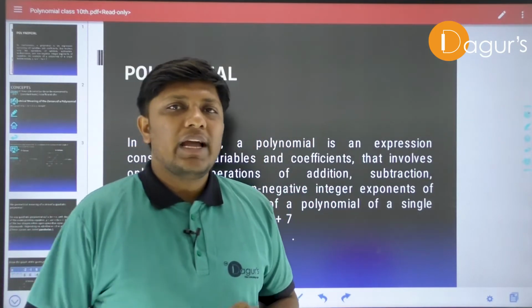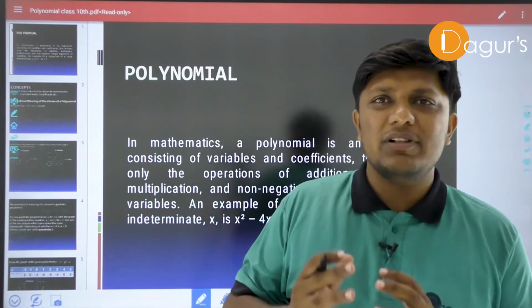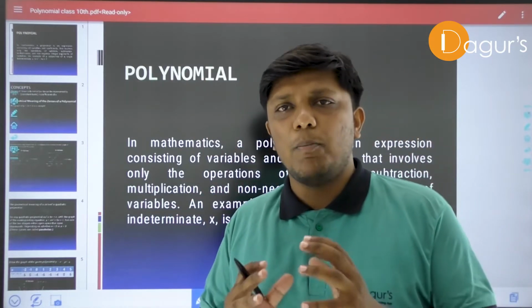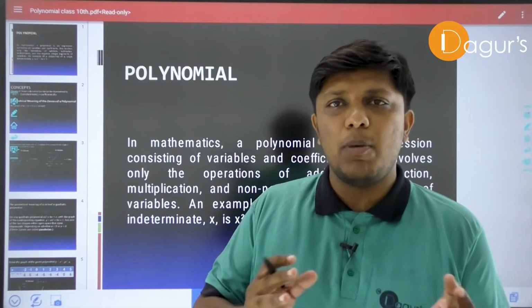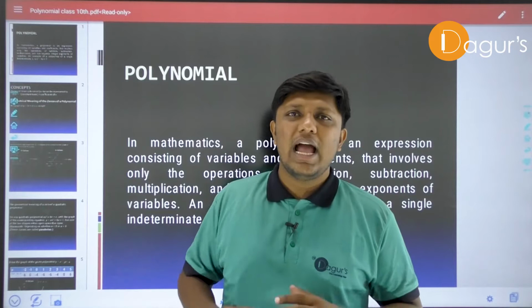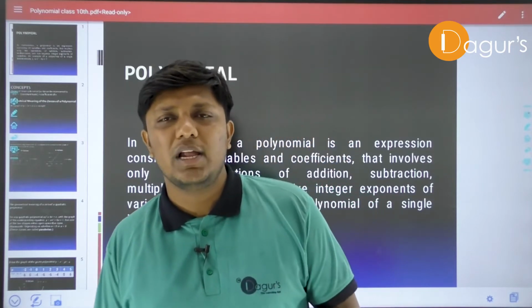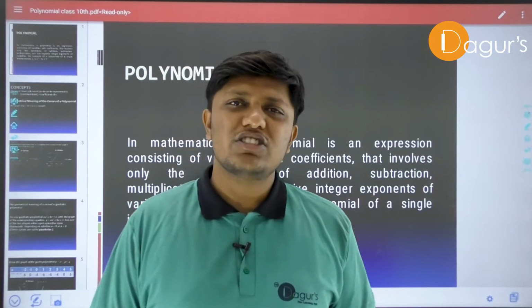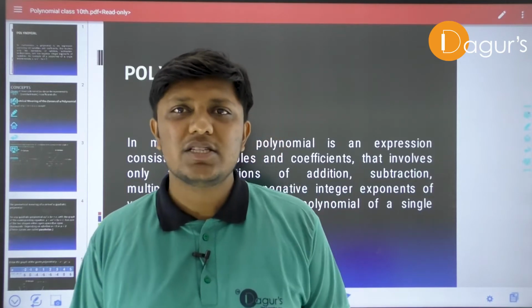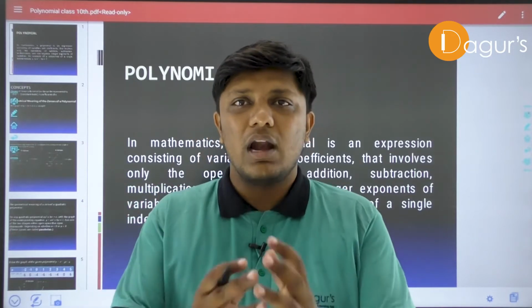This time we will understand the polynomials, but exactly the geometrical representation of the polynomial. It means in this chapter we are going to study the geometrical representation of the polynomial and also different questions based on it. It means we are going to connect the polynomials with the graph.